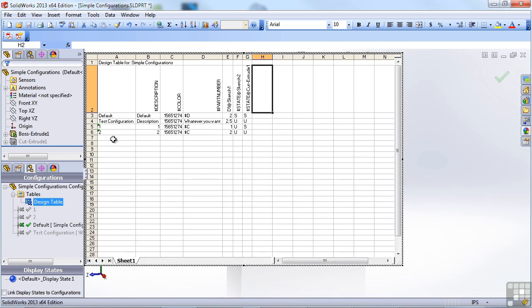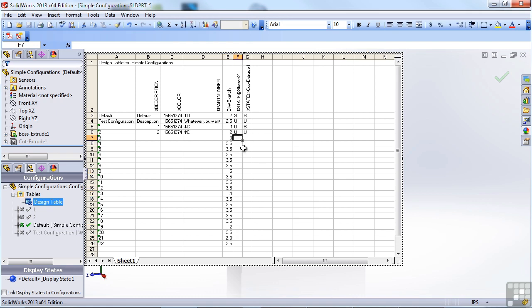If you want to add additional configurations, remember that you can use any sort of Excel trick. I can grab both of these and paint the numbers down. You can use even equations and lookup tables to help you establish dimensions and suppression states. The dimension is driven by this column. The header is D1 at sketch 1, and we can go ahead and key in additional numbers. We can copy these however we like, overwrite particular ones,